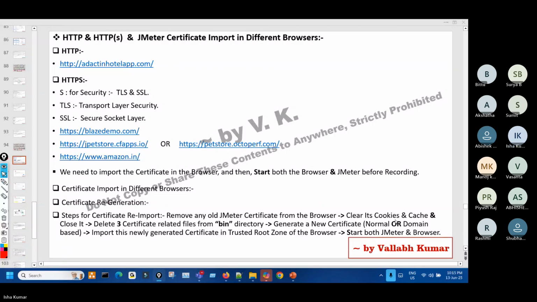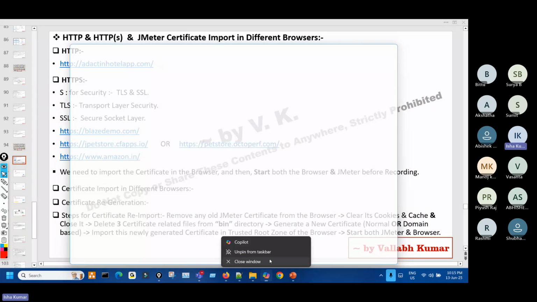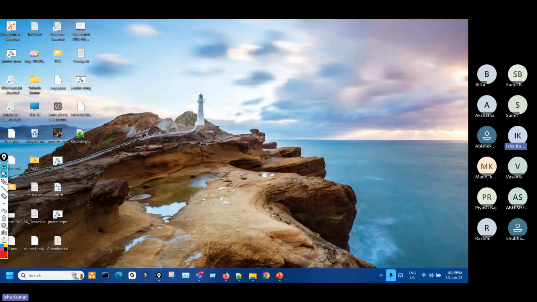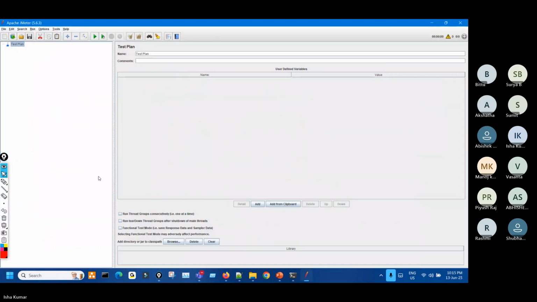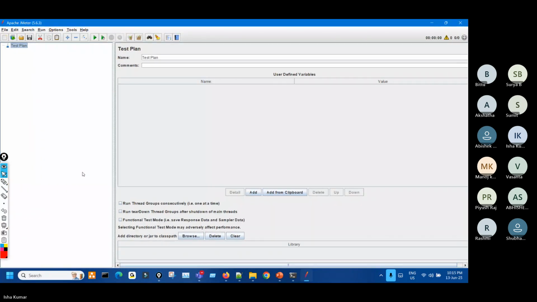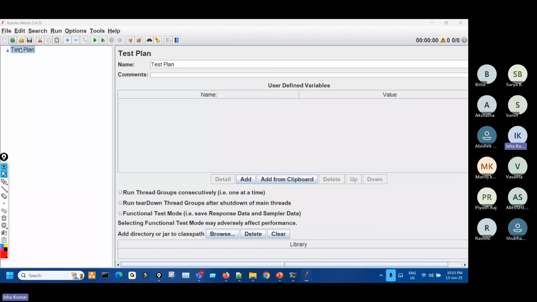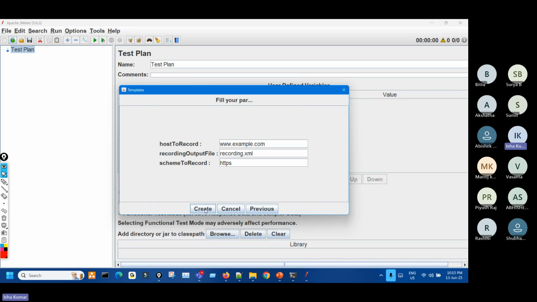Yeah. So what is this? Okay. So we will start the JMeter first, then parallel. Okay, let it open. We'll go to template, recording template. Yeah,